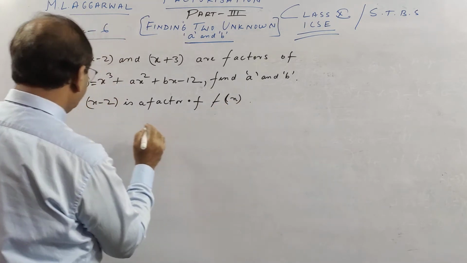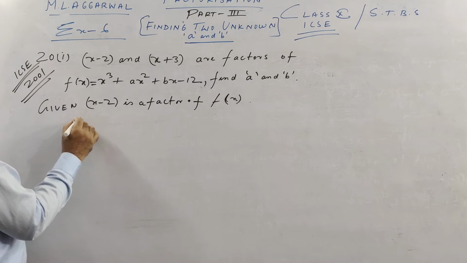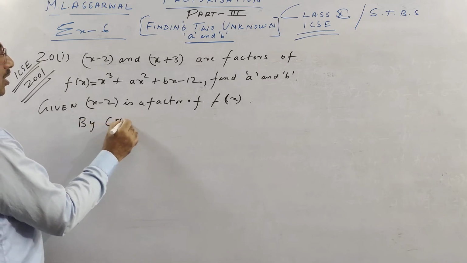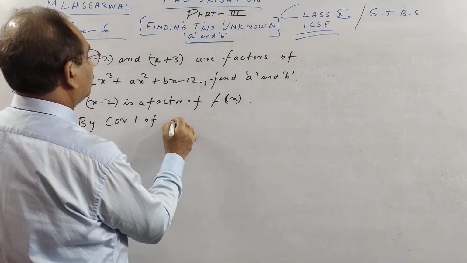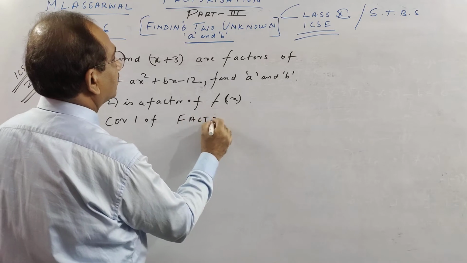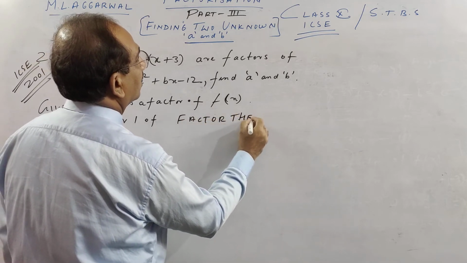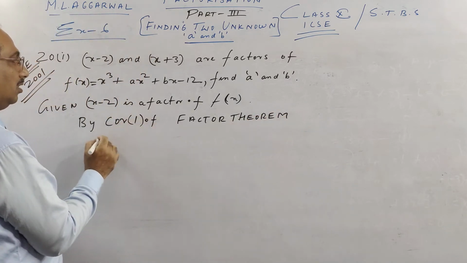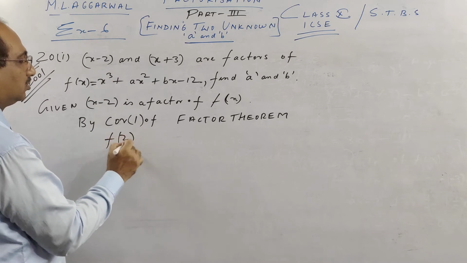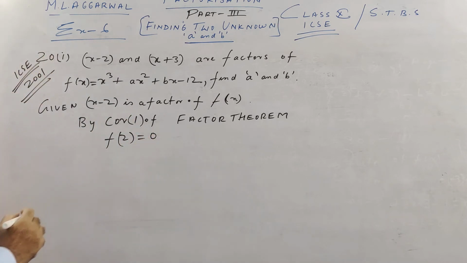Okay, so by corollary 1 of factor theorem, f(2) will be 0. As I have told you, when x minus 2 is a factor, by corollary 1 to factor theorem,